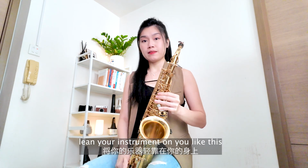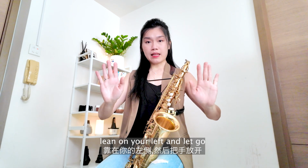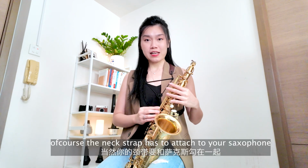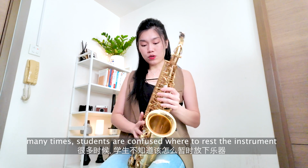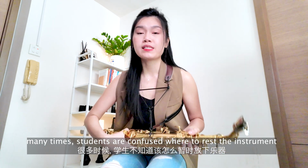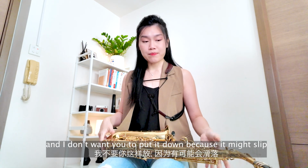Lean your instrument on you like this. Okay, lean on your left. Okay, and let go. Of course, the neck strap has to be attached with your saxophone. Okay, I want you to practice this, because many times students will go like, oh, should I rest it on the right, should I rest it on the left, or should I put it down? It's very much of a hassle,